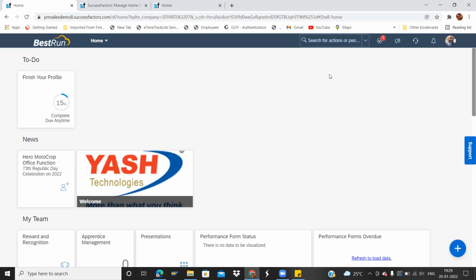It's not that every employee can see the new homepage, or every employee can see the old homepage. It is all just the game of RBPs, role based permissions. Okay, so now